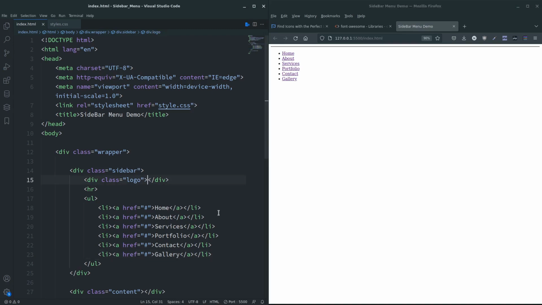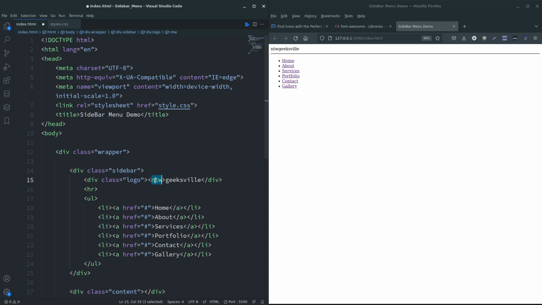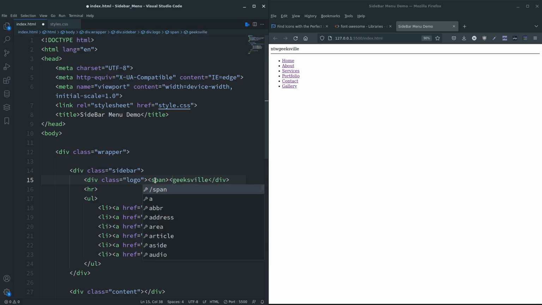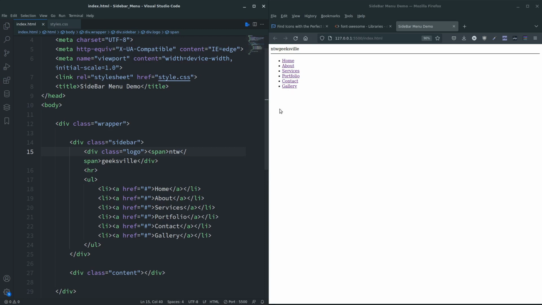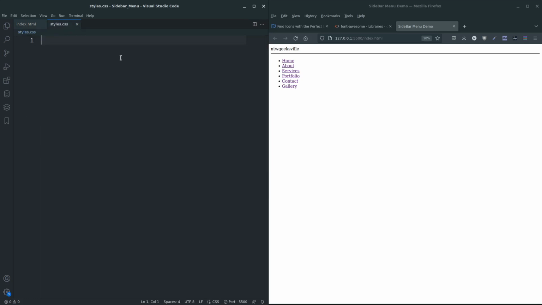Right, in the logo I'm going to put MTW fill, and I'm going to separate this with a span. It's a long-winded way of doing it, but there you go. And that's all we're going to put in it, because, well, we're going to try and make this as simple as possible, aren't we? So let's go over to the style sheets, and I'm going to use a font we've